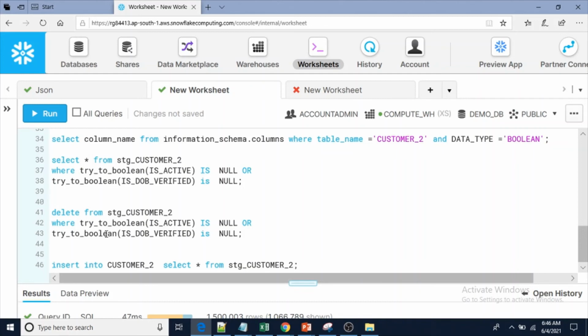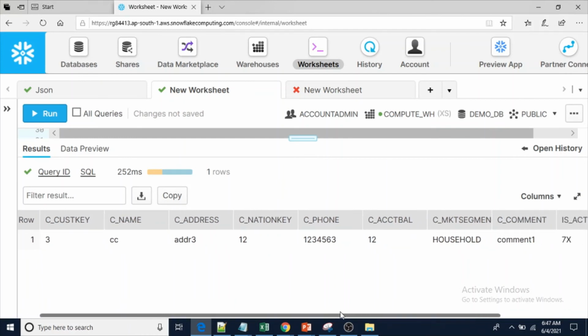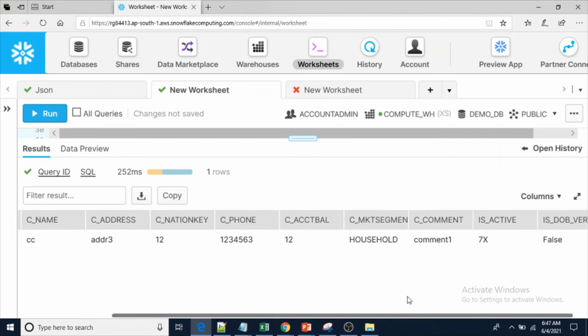If it is able to convert that value into boolean, it returns the actual value. If it is not able to convert, if there is any error during the conversion, instead of throwing the error, it returns a null value. So now let me apply the try_to_boolean function. This is the problem: we have a problem with this record only out of 1,50,000.